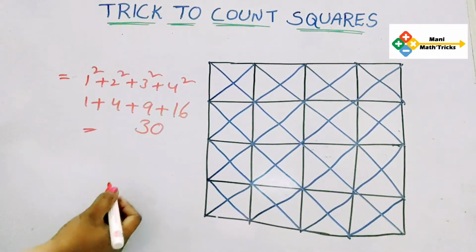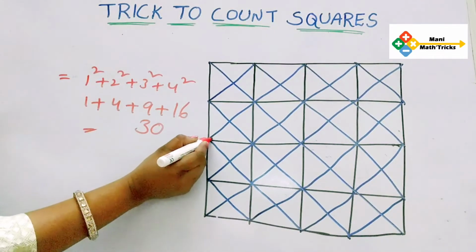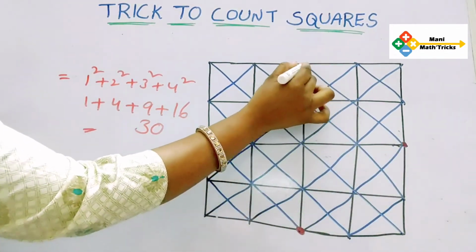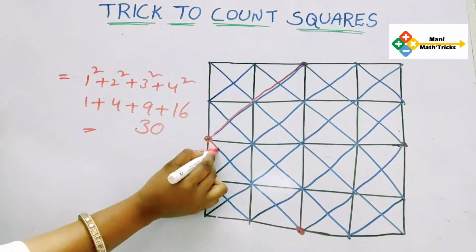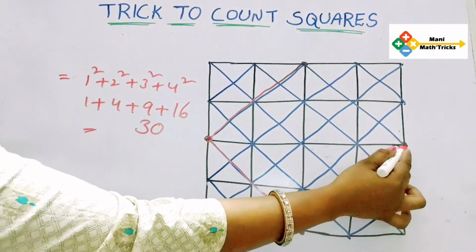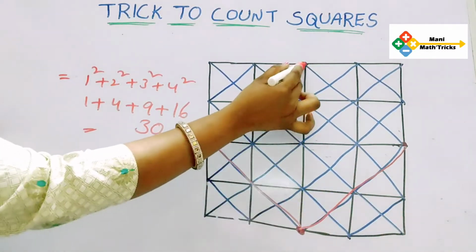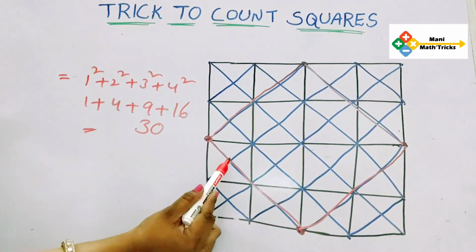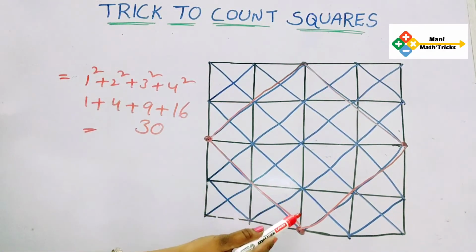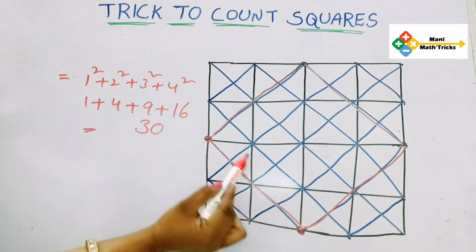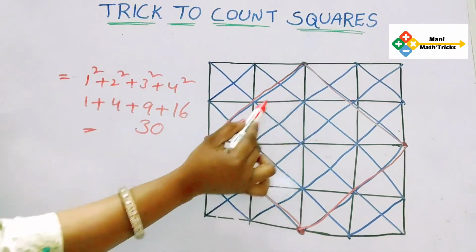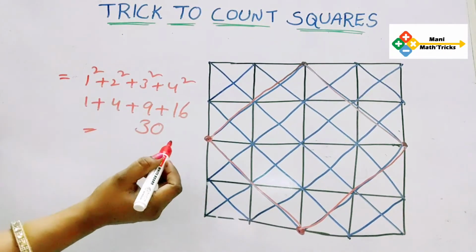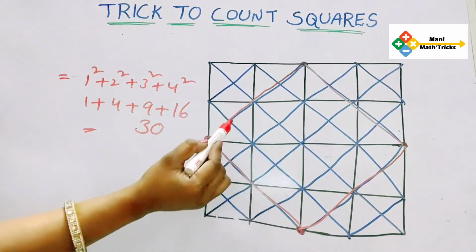Now next, if you observe here, 1, 2, 3, 4. One more square we were able to see, which also has 1, 2, 3, 4 squares horizontally and 1, 2, 3, 4 squares vertically. So similarly, this figure also consists of 30